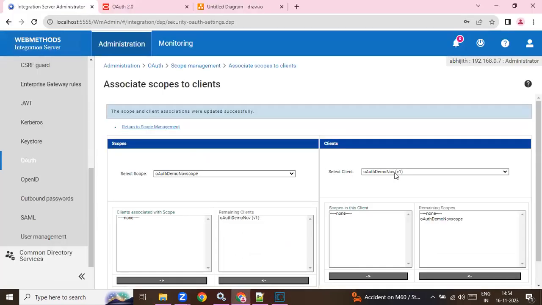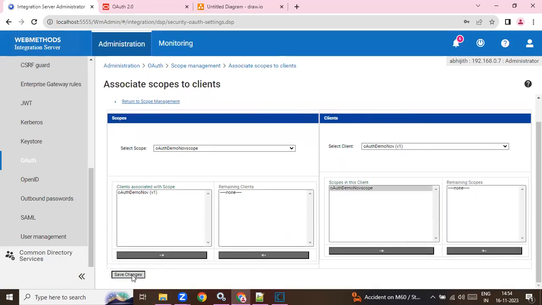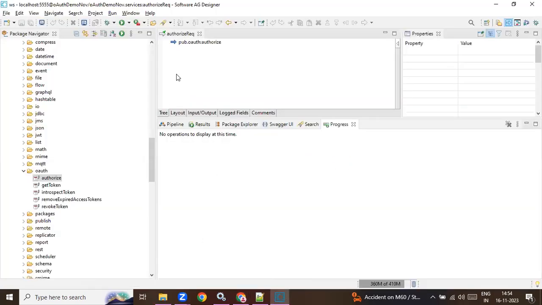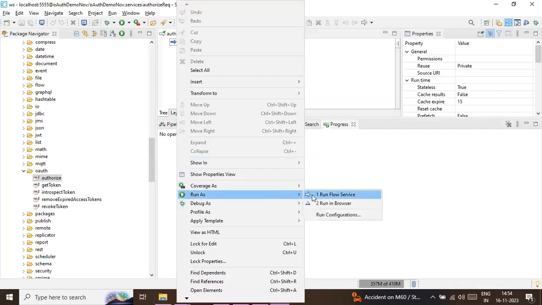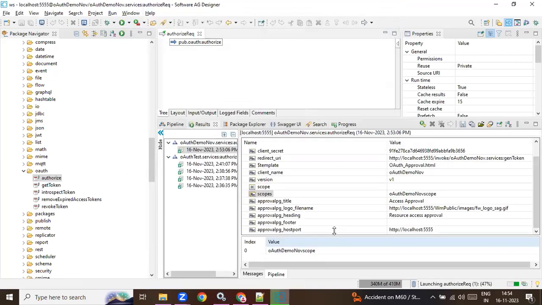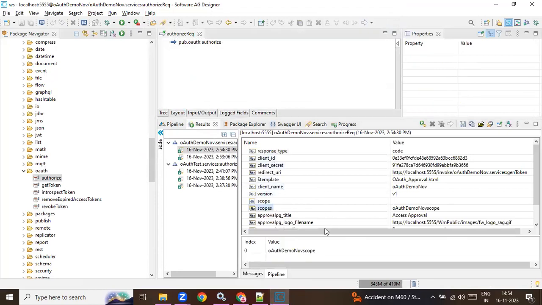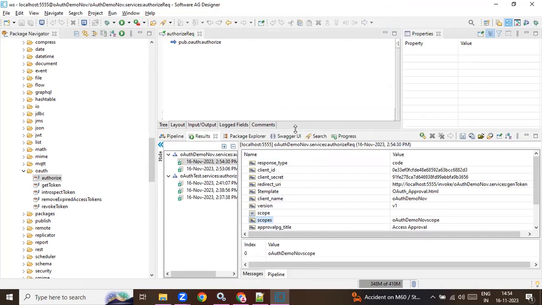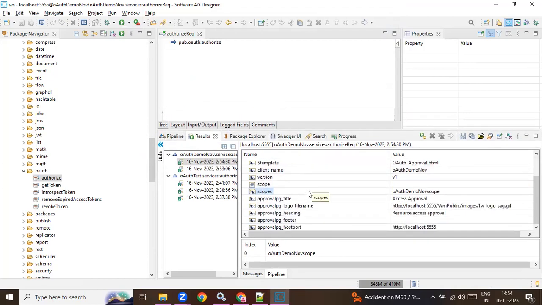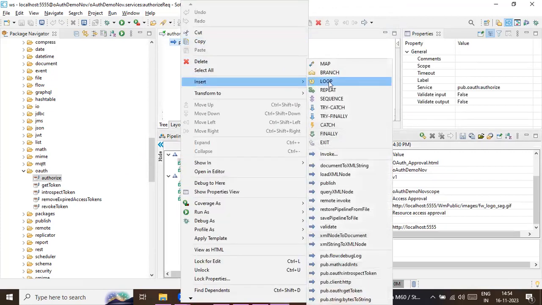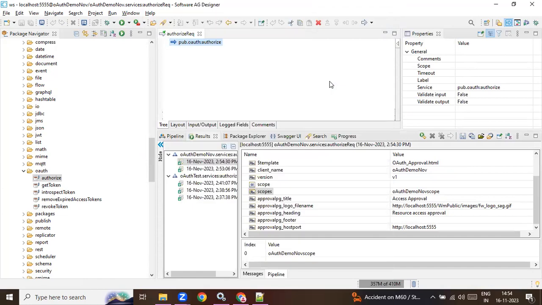and reassign the scope back. Save changes and now run it again. See, now it doesn't think much and it gives you the output. Now I have the scope here. In the scope, you can have multiple services and all in this. So now let's assume that there could be multiple services. In this case, what I'll do is